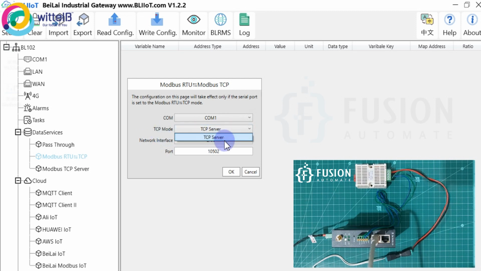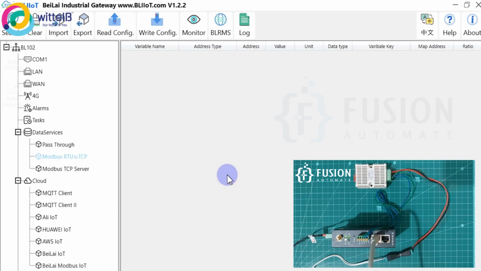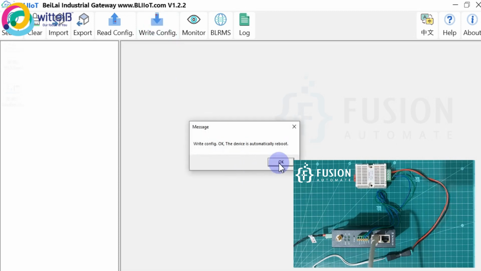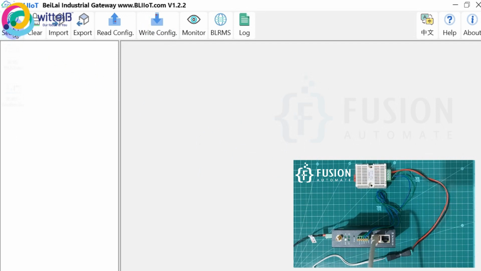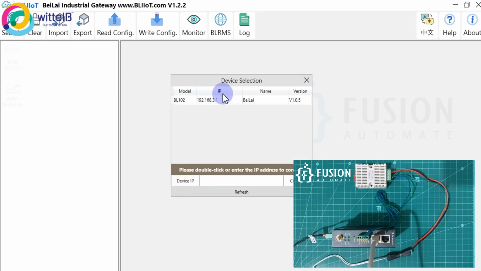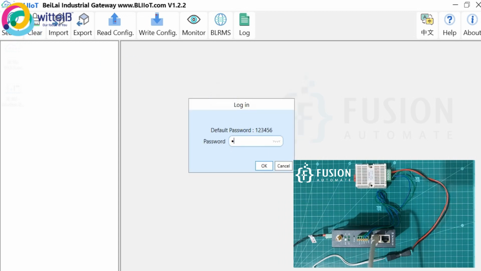Okay, so we want to create our Modbus TCP server. So this gateway can read data from this device and send the temperature and humidity data over LAN cable to my laptop. Okay, and this is the port number for our Modbus TCP server. So once I press OK here, and once I write configuration to the device, it will reboot my device. Okay, and again after a few minutes I have to search my device. Okay, the device is available. I have to enter the password